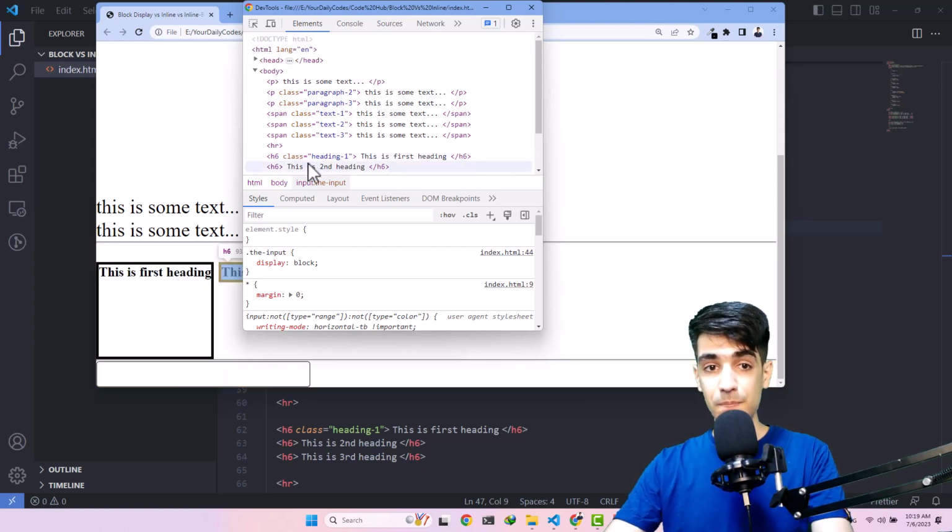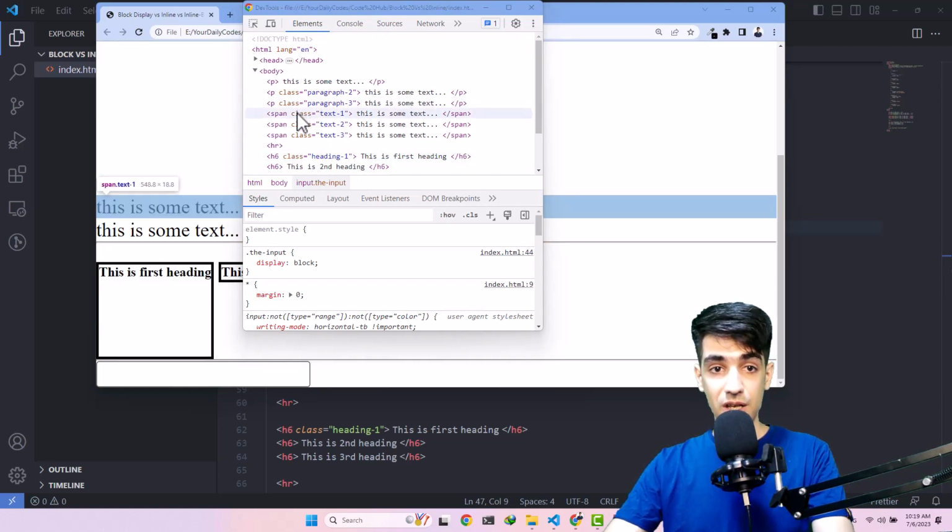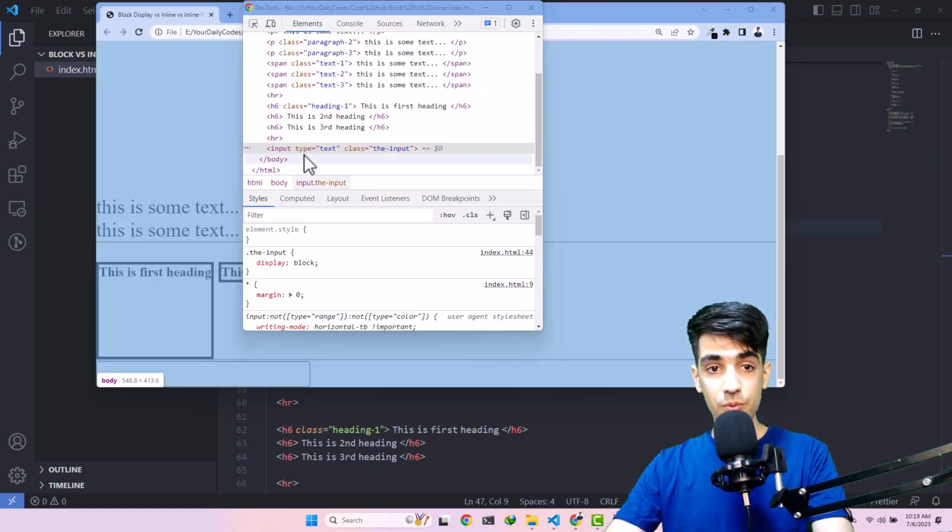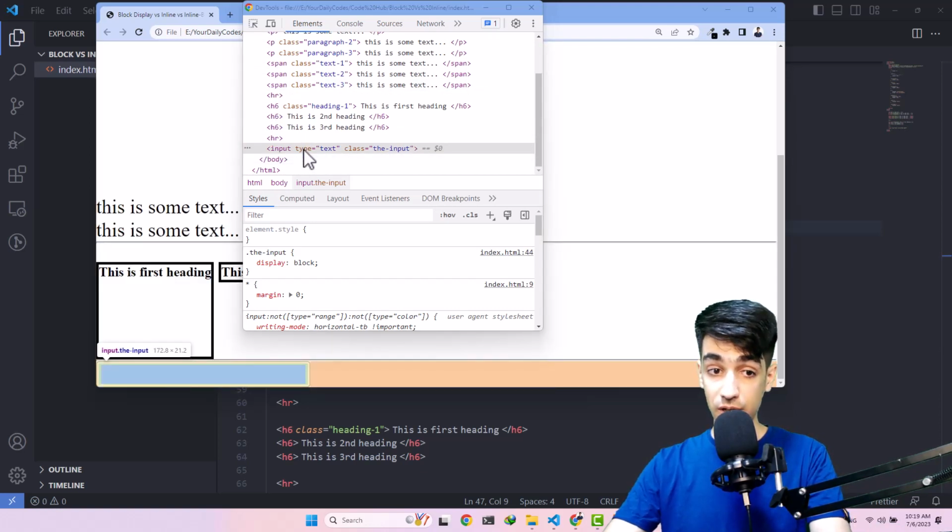The first span has a blue area, and the content is from the very left to the very right, all of it a blue area. And when you come to the input, again, the element is from the very left to the very right. So yes, the display block is actually working. But we see an orange area. At first glance, you may think, okay, orange area means margin. It has a margin. No,